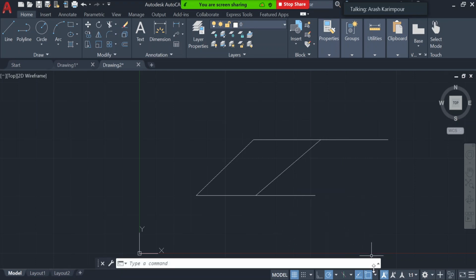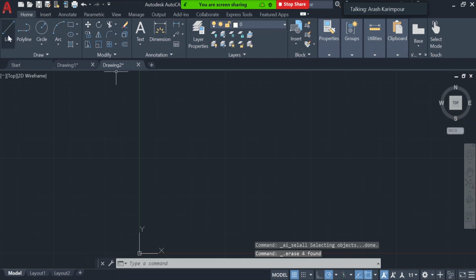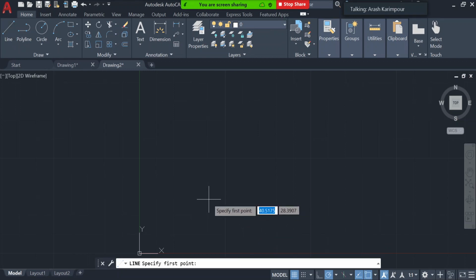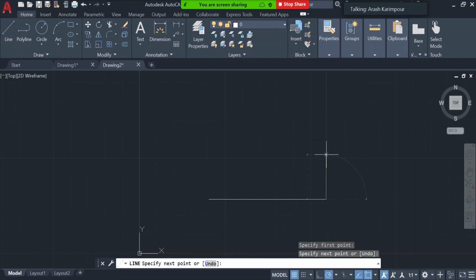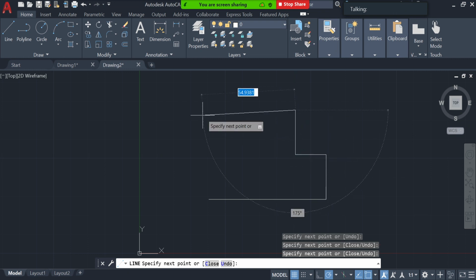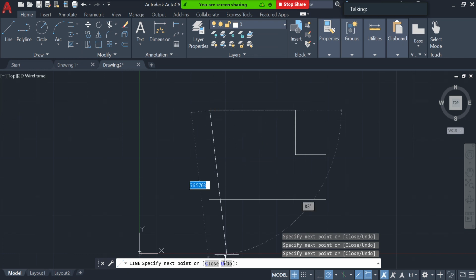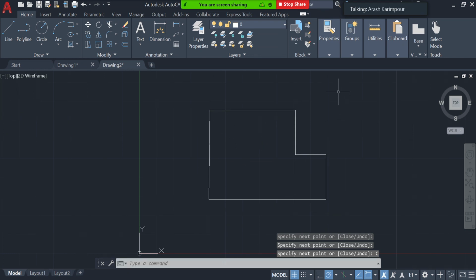The next one is this object snap tracking, which can be helpful in different ways when you want to draw. Let me show you how we can do that. Assume I have a drawing like this. Then close it. Now assume I want to start a line that is going to be between the intersection of